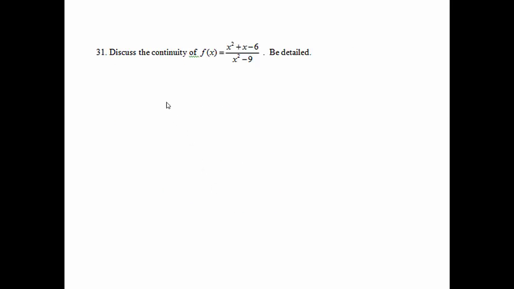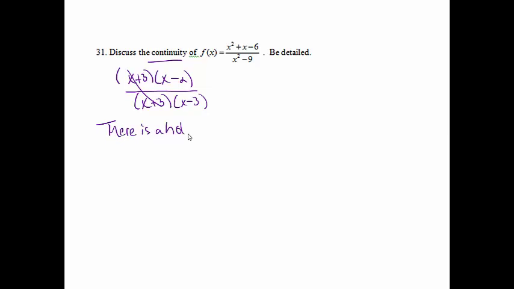Okay, number 31, discuss the continuity of f of x equals x squared plus x minus 6 over x squared minus 9 and be detailed. What we're going to be focusing on here are holes and vertical asymptotes. So what I'd like to do first is go ahead and factor that. That will factor as x plus 3 times x minus 2 over x plus 3, x minus 3. Okay, I notice the x plus 3's will cancel, so that's going to create a removable discontinuity, which will result in a hole. So I can say there is a hole at x equals negative 3,